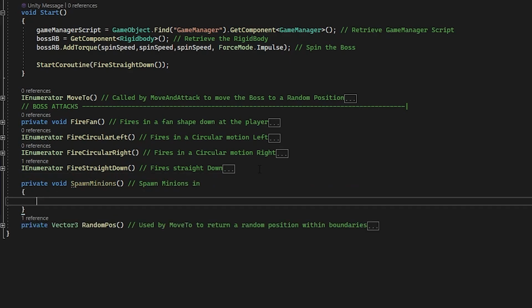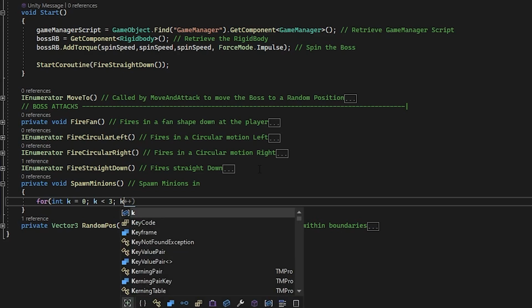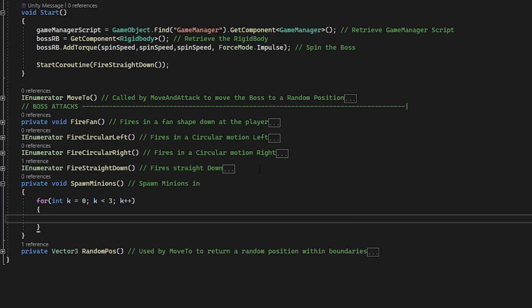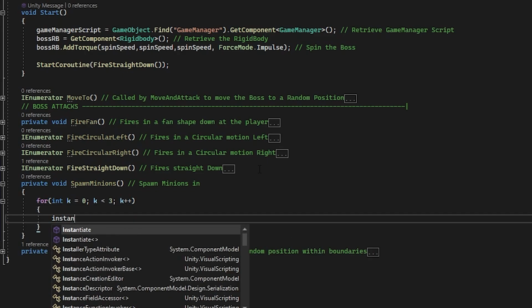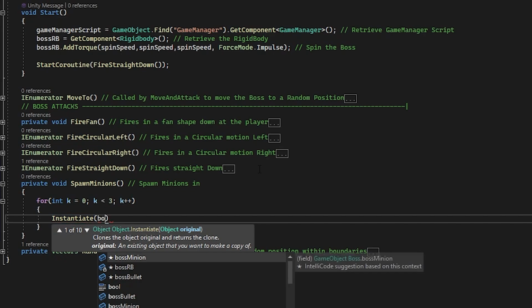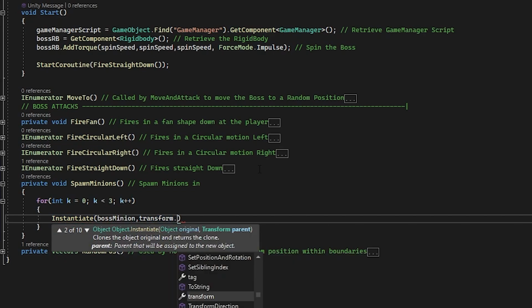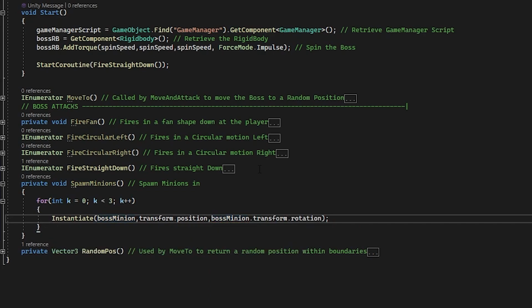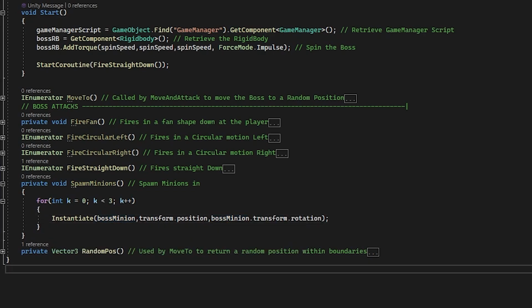And in the curlies, we'll do another for loop. So for int k equals 0, and k is smaller than 3, and then k++, and a couple of curlies. And in those curlies, Instantiate(bossMinion, transform.position, bossMinion.transform.rotation). And that's it. The loop cycles 3 times for 3 minions and instantiates them all in the same position of